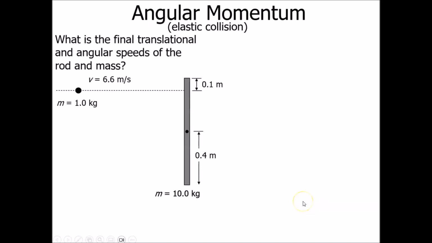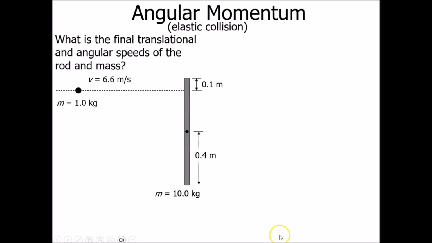Now let's look at one final situation. This is an elastic collision. So we want to find the final translational and angular speeds of the rod and mass. So in this situation, this is also going to be able to slide off. We're going to have three things that are conserved. We're going to have linear momentum conserved, angular momentum conserved, and we're going to have the kinetic energy being held constant